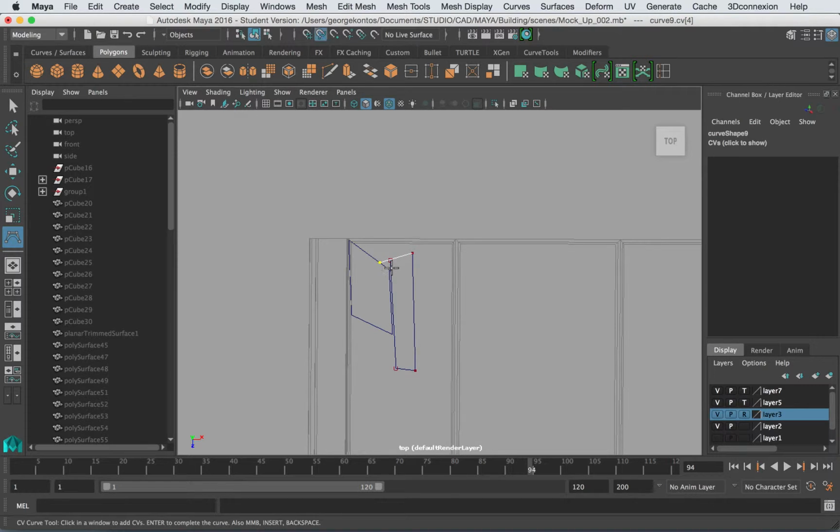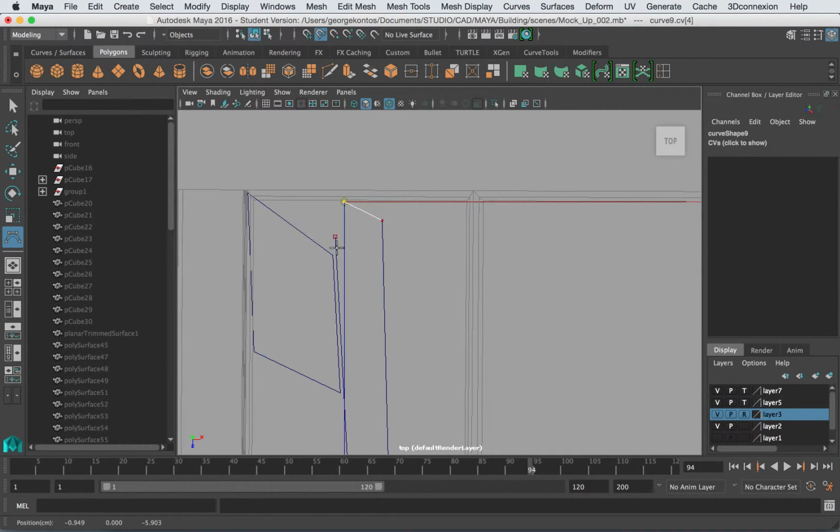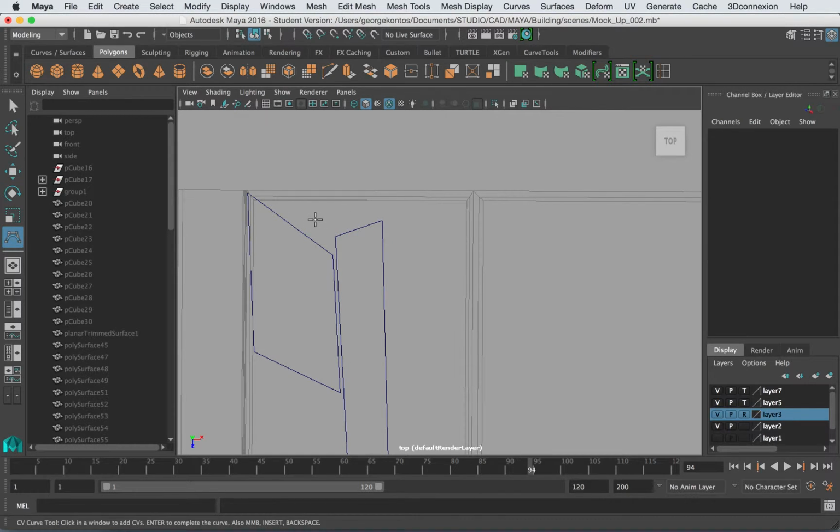So I'm using the curve tool and try to close these and press G for